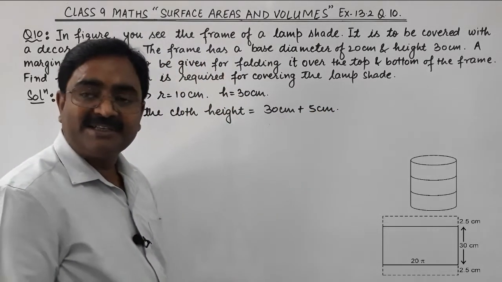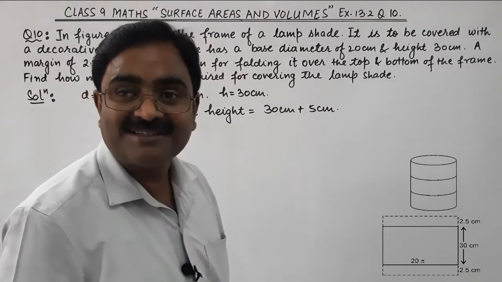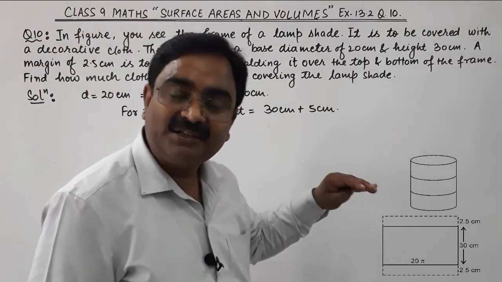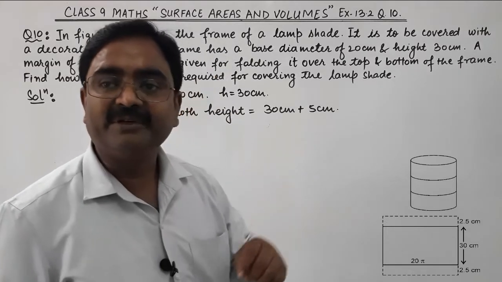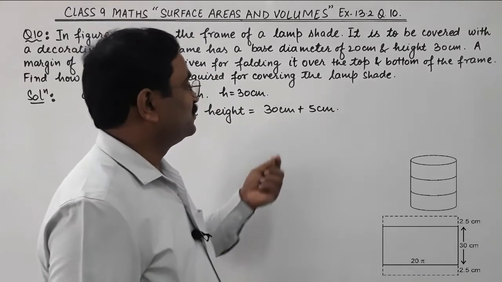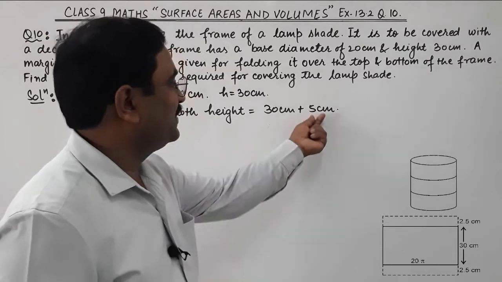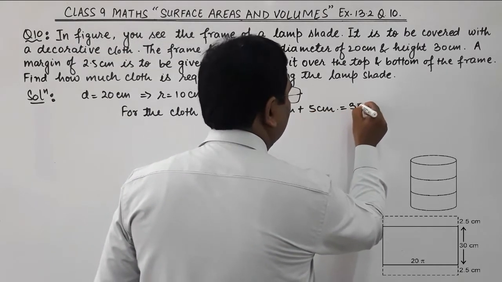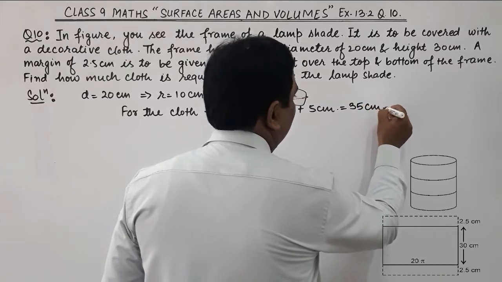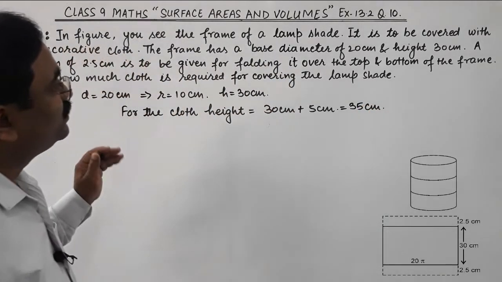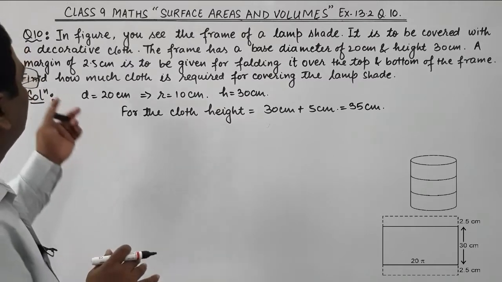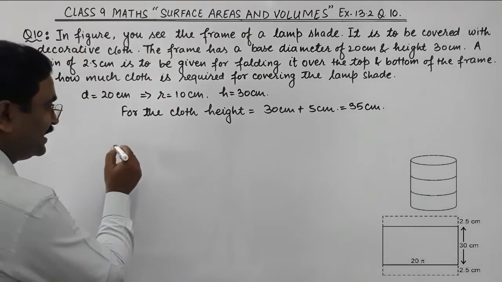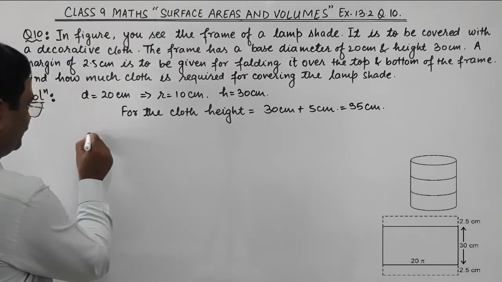Why 5 centimeter is increased? Because 2.5 centimeter at the top and 2.5 centimeter to the bottom. So 2.5 plus 2.5 is 5 centimeter. So the height becomes 35 centimeter for the cloth. So now you are going to find out how much cloth is required. So the required cloth for covering this lamp is equal to